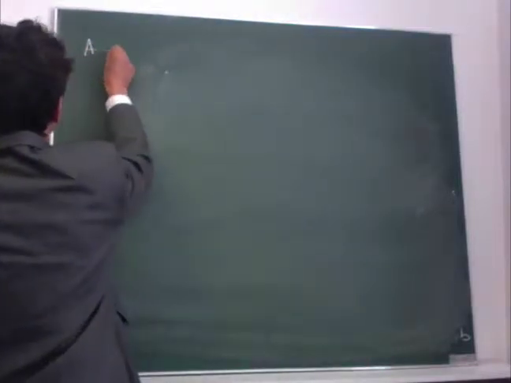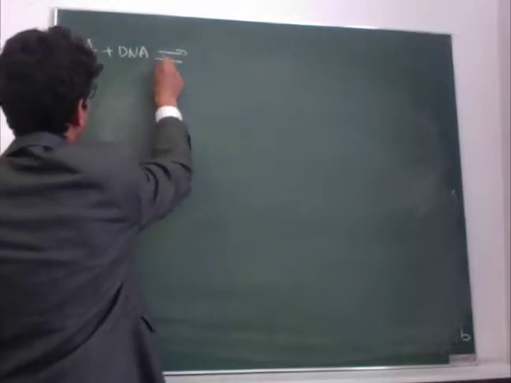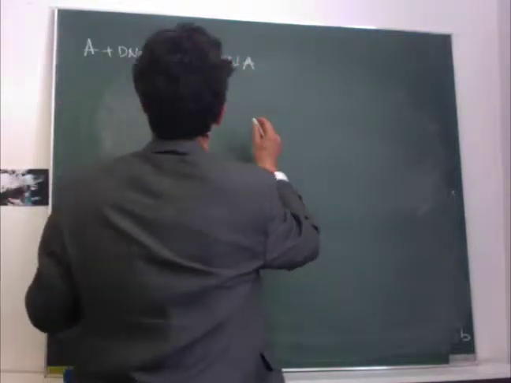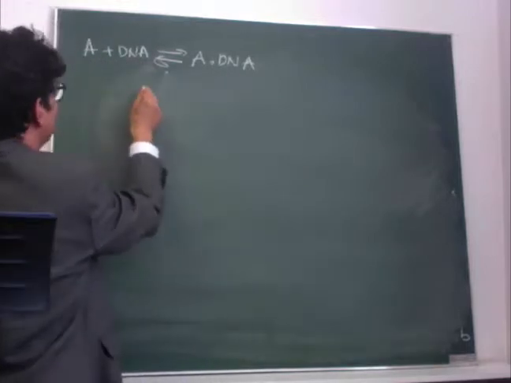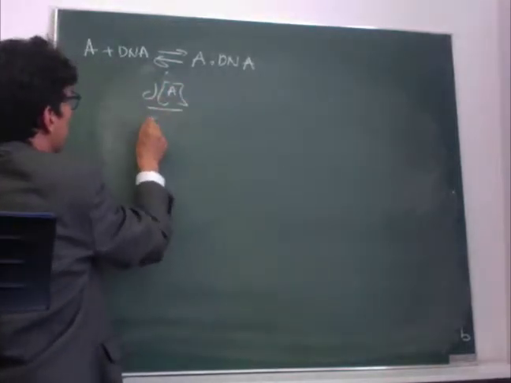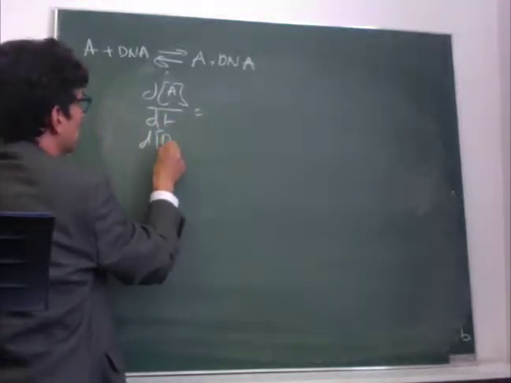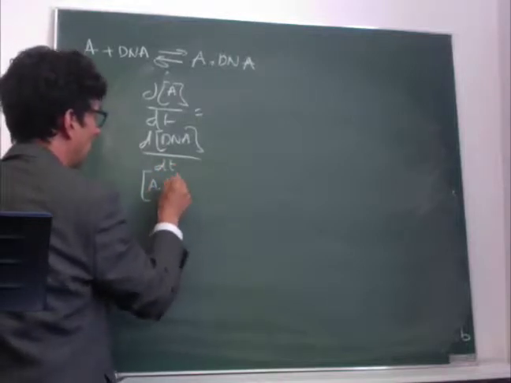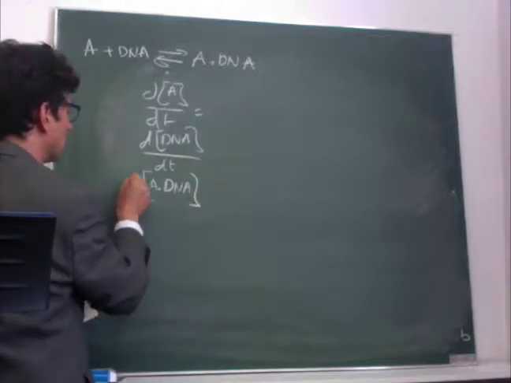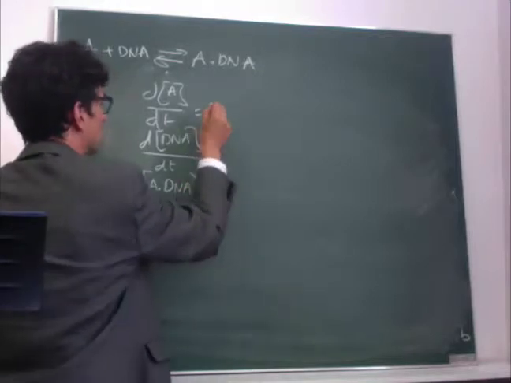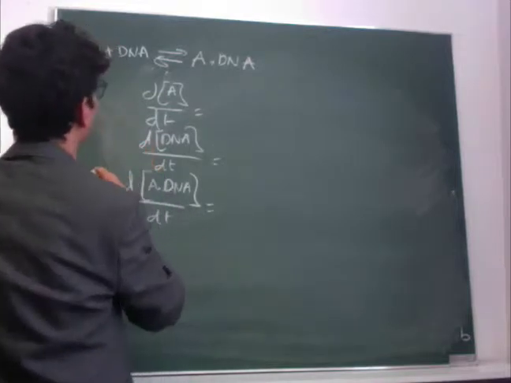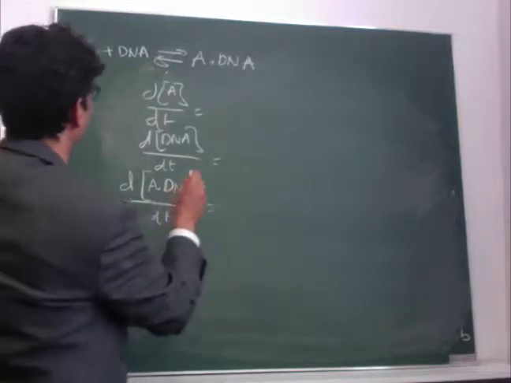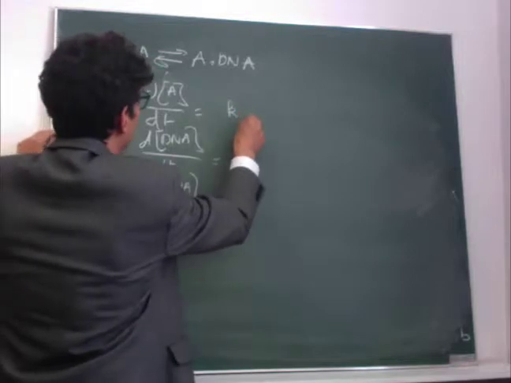We must now translate the promoter binding reaction. We have here 3 species, so there will be the variation of concentration of the 3 species involved: activator, the promoter, and associated promoter. And the forward reaction is a second order reaction, so it will involve some parameter K plus times the product